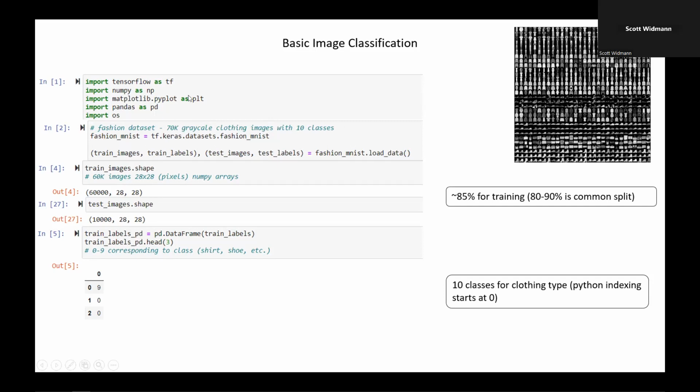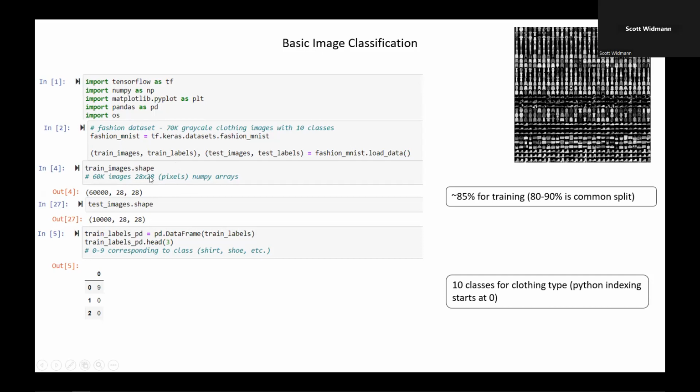The idea here with any kind of machine learning is you split your data into a training set, where we'll train the model on that portion of the data, and then we'll have a test set where we'll take our trained model and see how it works on data that it's never seen before. Our images are 28 by 28 pixels,